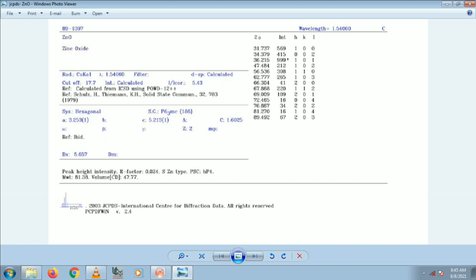Comparing the JCPDS data with the experimental data, we can index the Miller indices.